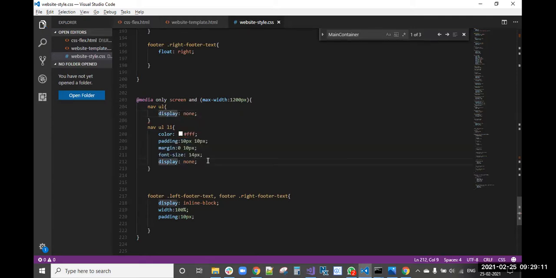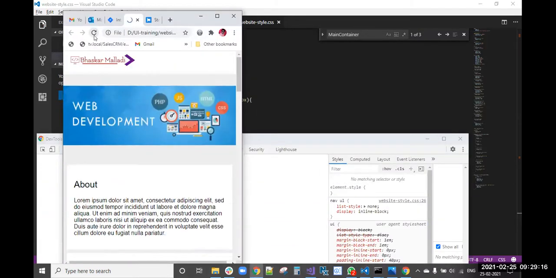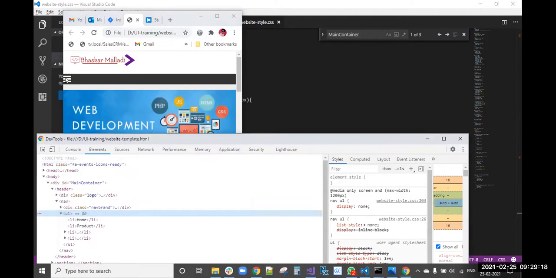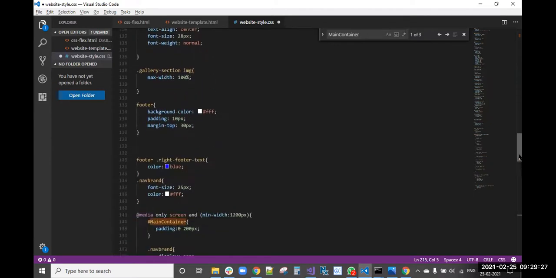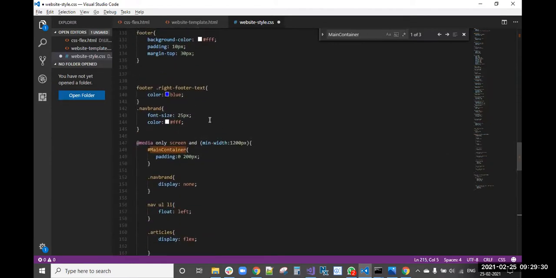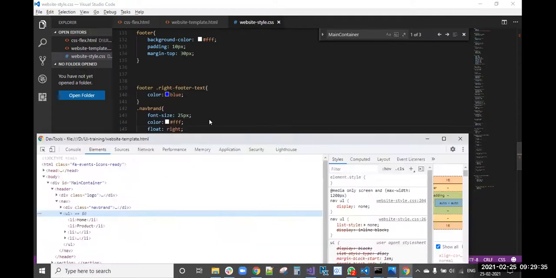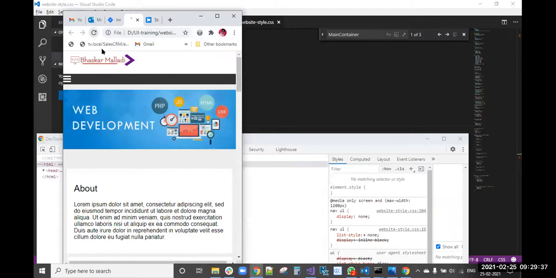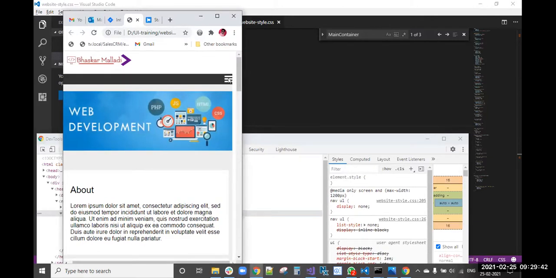So instead of hiding here, that nav bar came here, right? We will keep that nav brand as a float, right? Not like here, float to the right side. So when I click here on this nav brand, I want to show that menu.